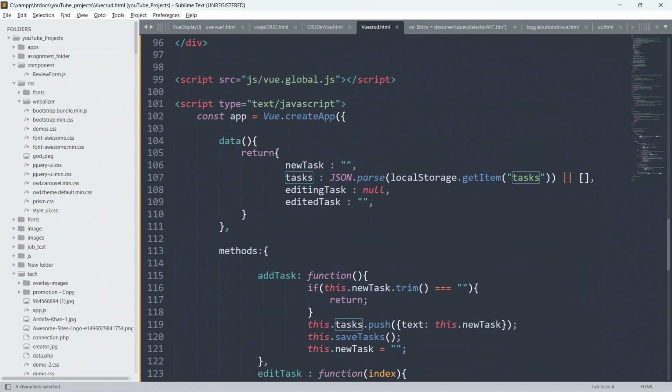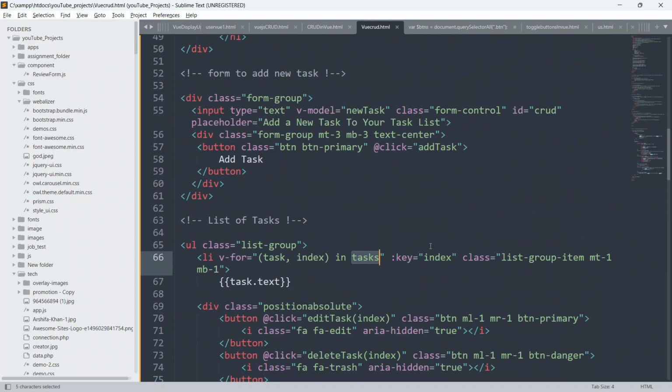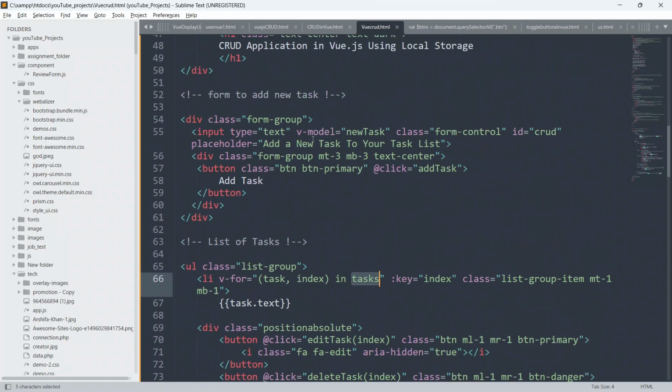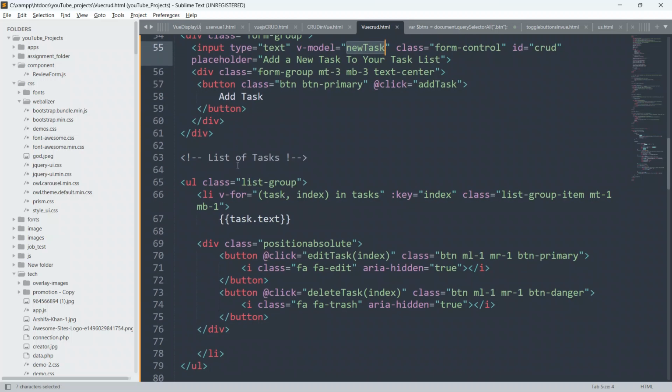So we will say v-model new task. Okay, v-model new task, this is also fine, no issue at all. Add task, so we will say add task. And list of tasks.